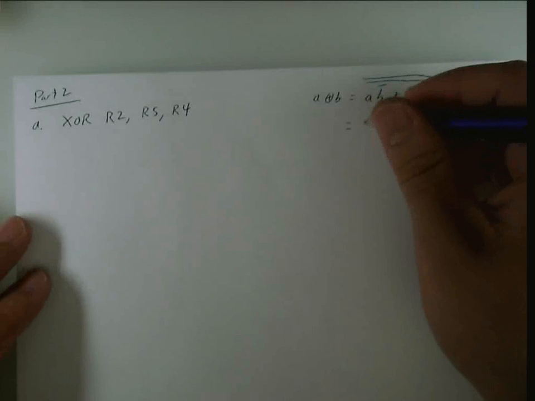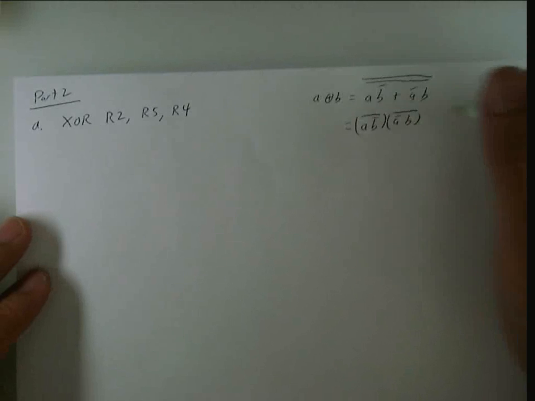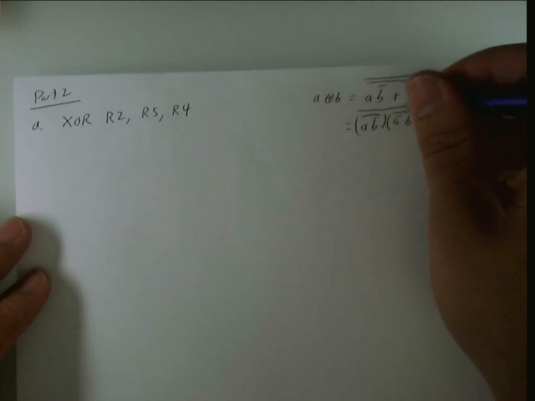And so this can be A B bar complement, and with A bar B complement, and then we will have all of that NAND